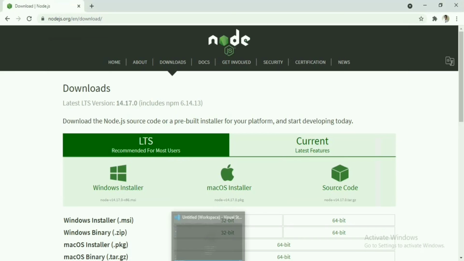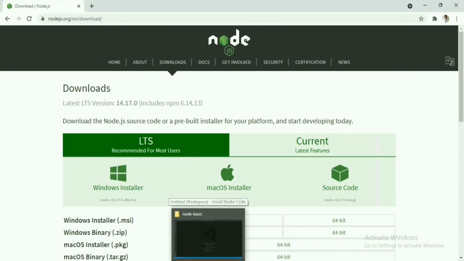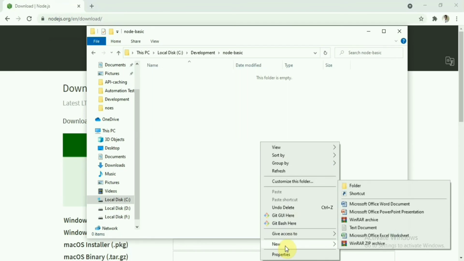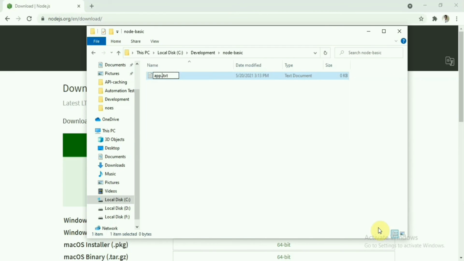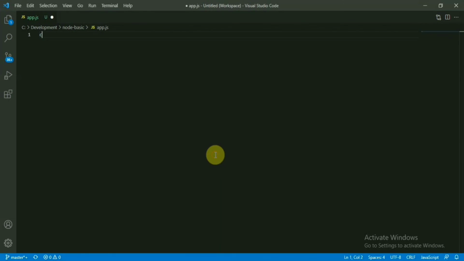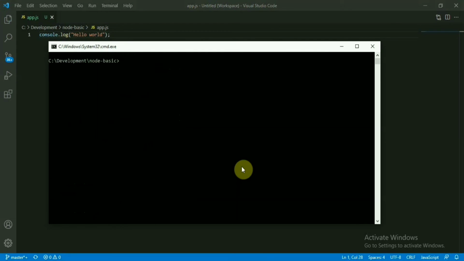To do this from our file, we'll basically create our file, say app.js, and then we'll continue with that one. Right, so let's create a file in a folder, and then just open that one in VS Code, and then we're going to write some simple console log here, and then just try to execute this one. To execute this one, we're going to need node, then the file name, this command. So yeah, that's it. You can see this console log is getting printed. So this is how we can execute our file. So going forward also, we will use this approach, or we will use the nodemon, which will automatically